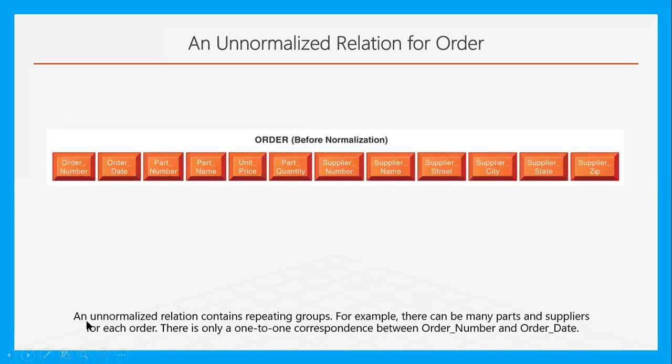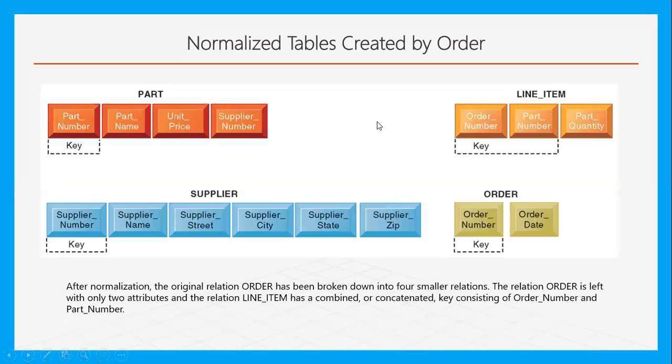So an unnormalized relation contains repeating groups. For example, there can be parts and supplier for each order. There is one-to-one correspondence between order number and order date. So ito po kasi siya tinawag ng unnormalized kasi nga order number, order date, magkapareho lang, paulit-ulit lang po yan. So, syempre, parang ang hirap kasi nga, unnormal talaga siya. So, dito, ito yung normalized na table, which